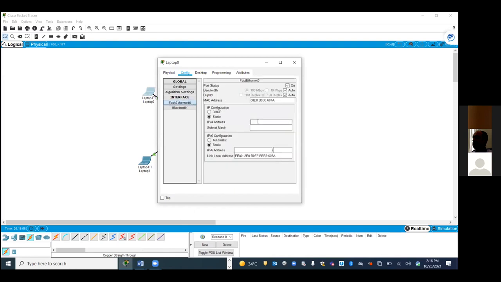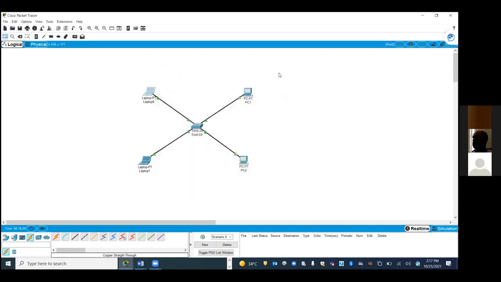We are manually assigning 172.16.0.1. Subnet mask will be 255.255.0.0. Why did it come automatically? Because it's a class B network. Okay, go to the next machine.